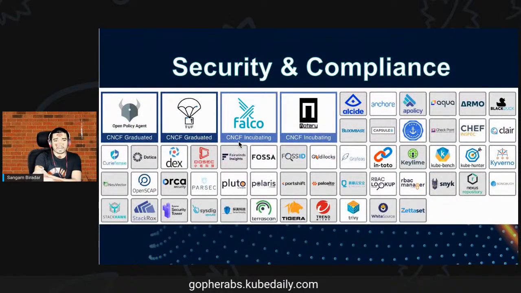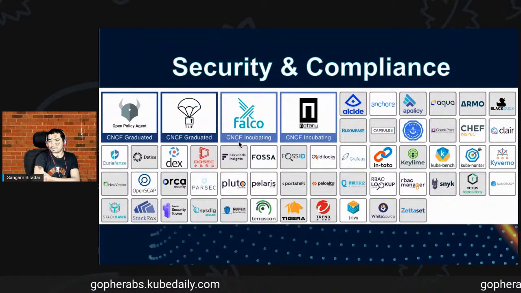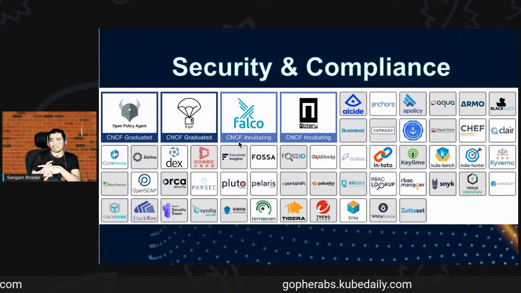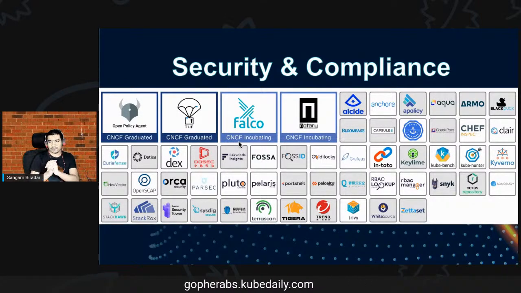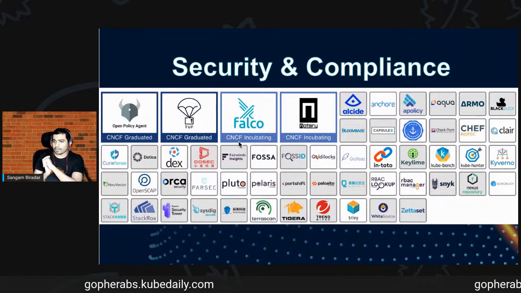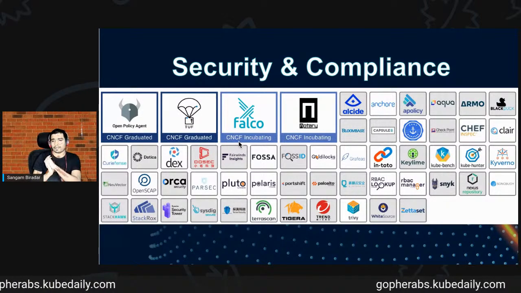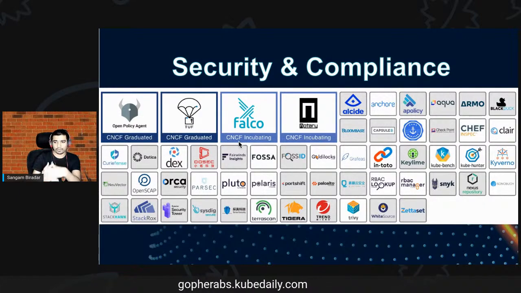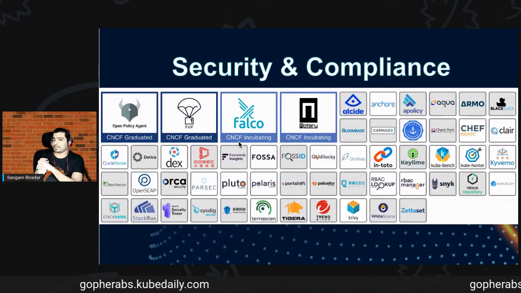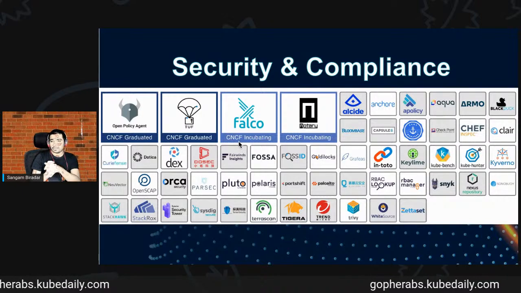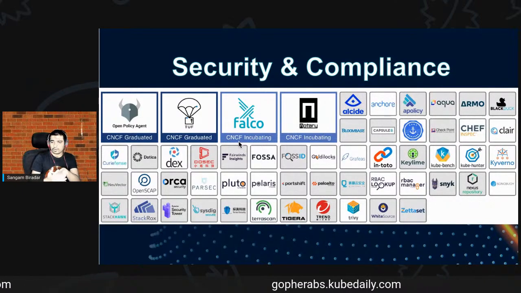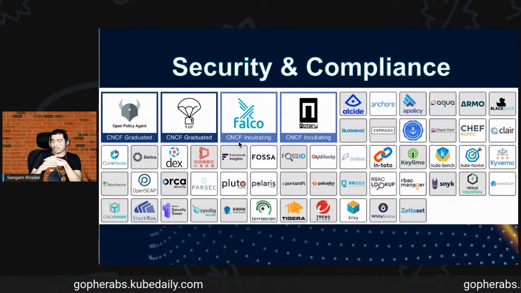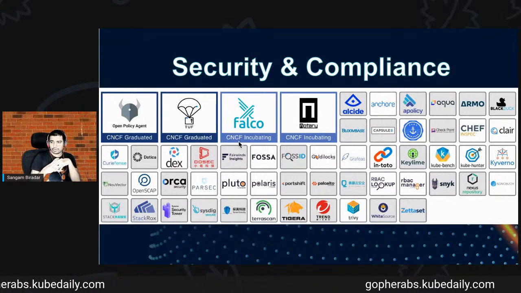Moving to the favorite part in the CNCF, and a buzzy one, which is security and compliance. There are two graduated and two incubated projects. One is the CNCF graduated project OPA, widely used. We also use it at Accurics. Another is TUF, another is Falco, and Notary. If you are using Docker, Docker uses Notary.